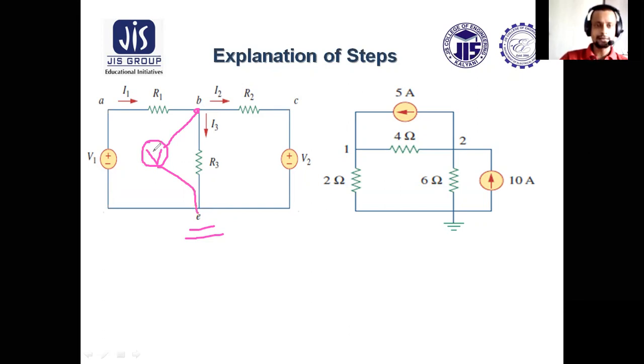This voltmeter will read the voltage at point B. Similarly, suppose you want to measure voltage at point C, you must connect a voltmeter with respect to this ground terminal E, or ground node or reference node E. So whatever voltage of a particular node is to be measured, that should be measured with respect to the ground potential or the reference node. So the reference node is to be chosen, and these are the other nodes.